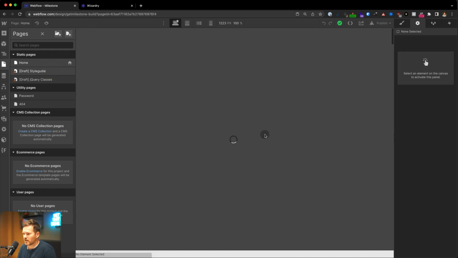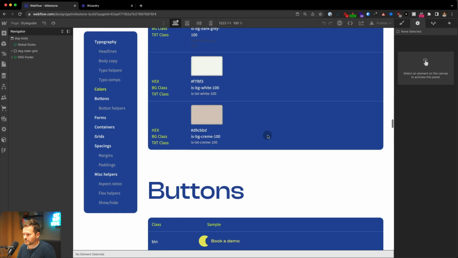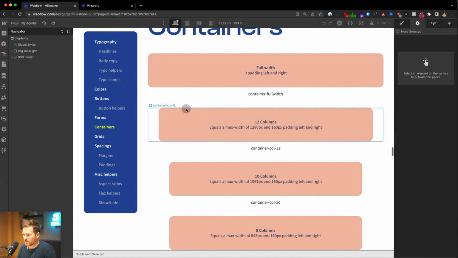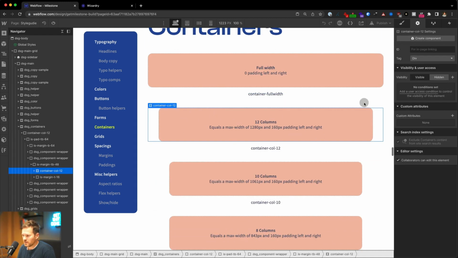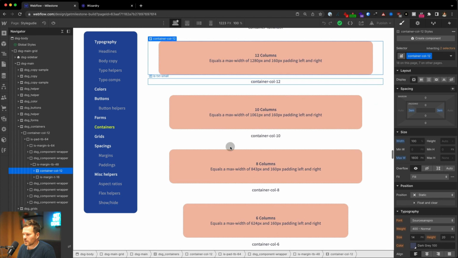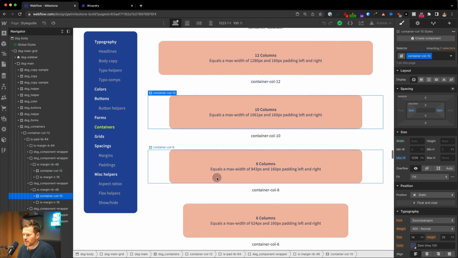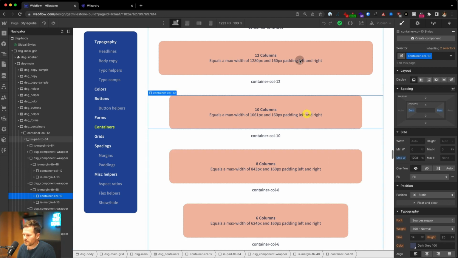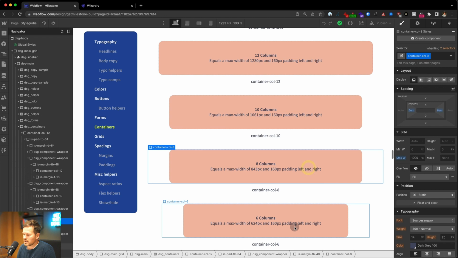If you go back to the style guide, you can see that we have different containers. So for example, this 12 column container here is a container called 12. All those are container classes. This is a container called 10, 8, and 6. And you can see all the different classes for this. They all come with a max width. And yeah, we have all these different container widths